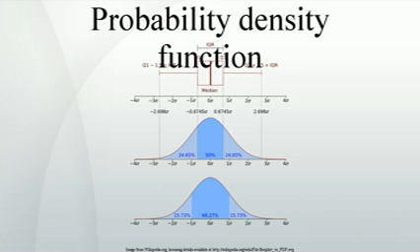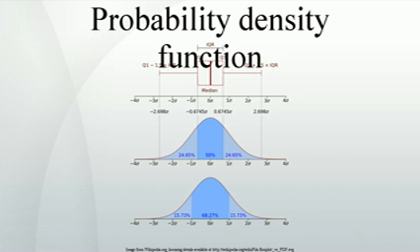In probability theory, a probability density function, or density of a continuous random variable, is a function that describes the relative likelihood for this random variable to take on a given value. The probability of the random variable falling within a particular range of values is given by the integral of this variable's density over that range, that is, it is given by the area under the density function but above the horizontal axis and between the lowest and greatest values of the range.